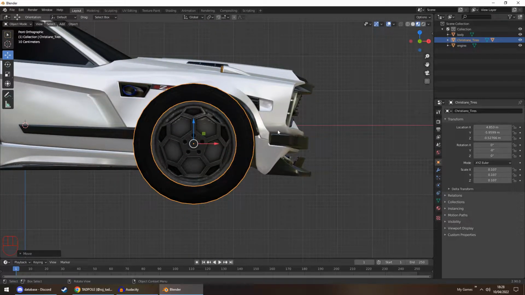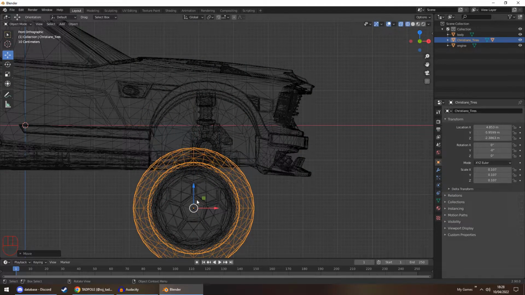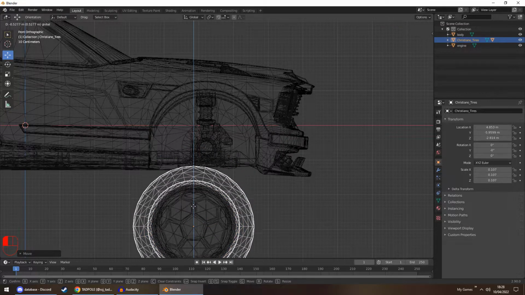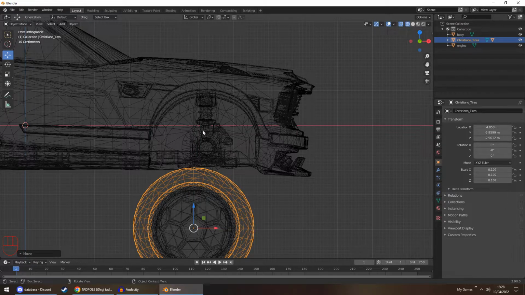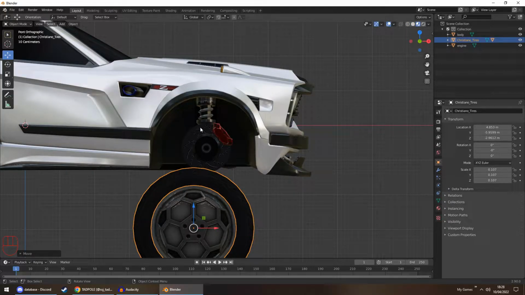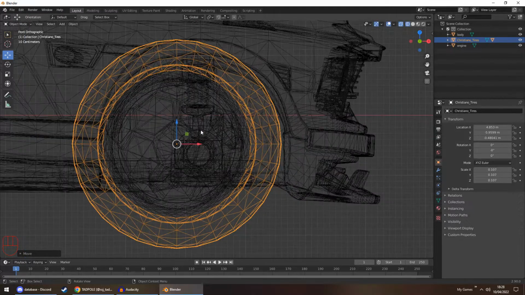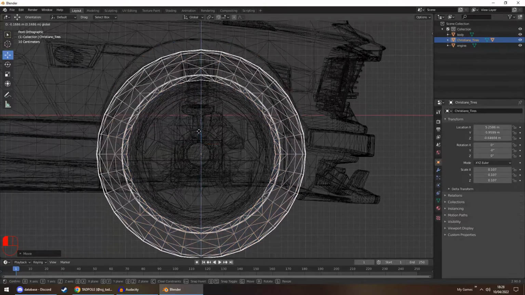What I'm going to do now is come into our wire view, and I want to align the center of this Cristiano, which is basically where the center of this dot is, and I want to align its center with the brakes. So here's the brake itself. If I come back here, here's the brake. I want to align its center with this, which is about here. So you can see the brake here, and you have the calipers here. So you have the calipers here, there's the brake, and then this little bit here is where you want to center it. So I want to put my dot roughly